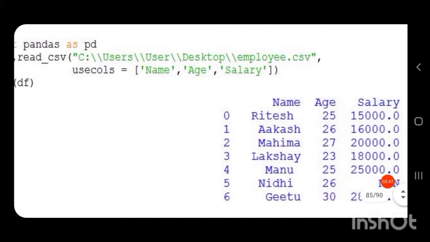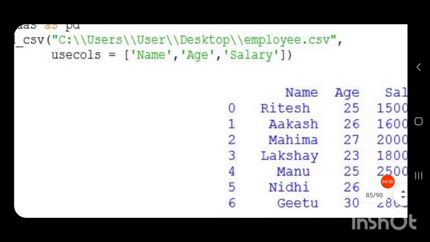Inside that attribute, usecols equal to, in square brackets, a list containing the names of the columns which we want to select in the data frame.